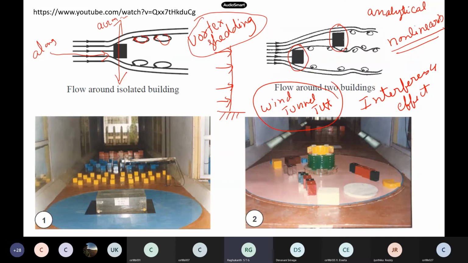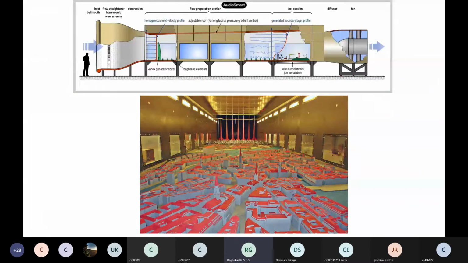So this is like a typical wind tunnel I am showing you here. The wind tunnel looks like this. So this is like a full tunnel will be there. So you cast all your specimens inside, say. Now you blow the wind, okay, and the wind goes in this direction. So people will measure all these details itself.